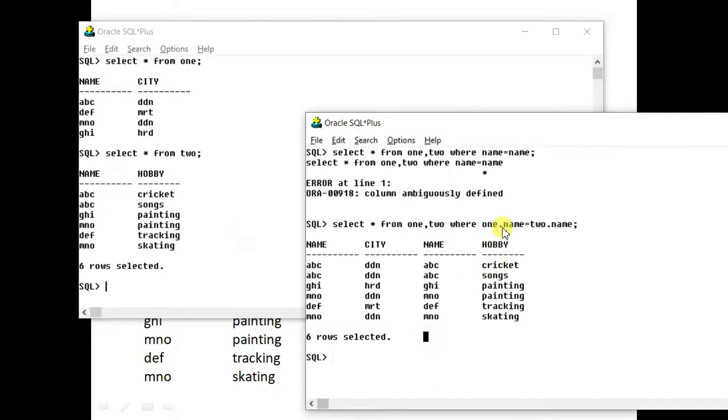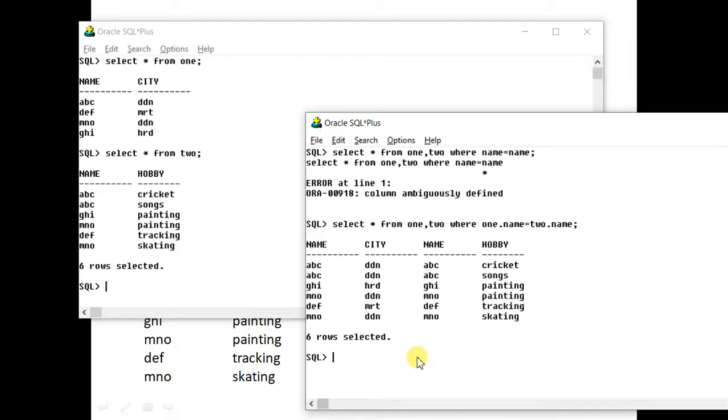And what we have applied is 1.name is equal to 2.name. We are doing the join on the basis of equality. So this is a natural instinct that on the basis of the common field, the join will be performed. The same logic is used in natural join.